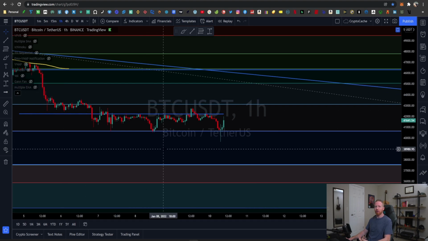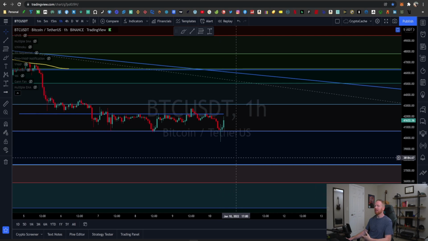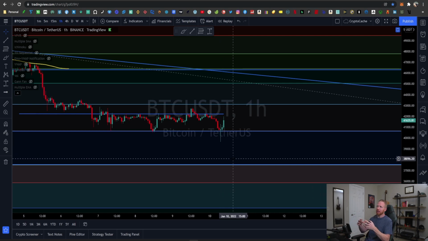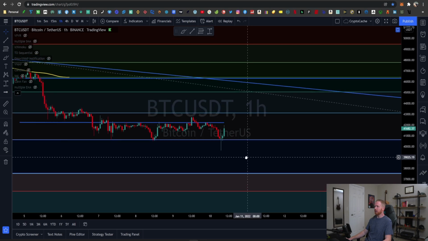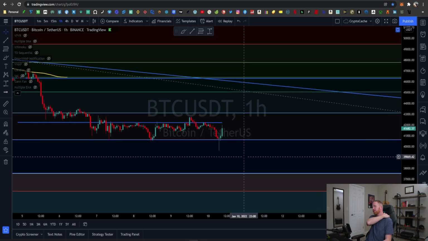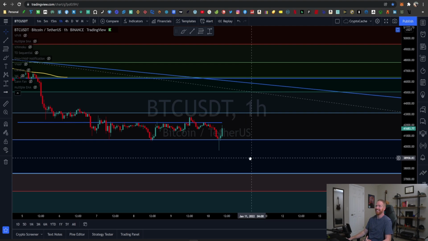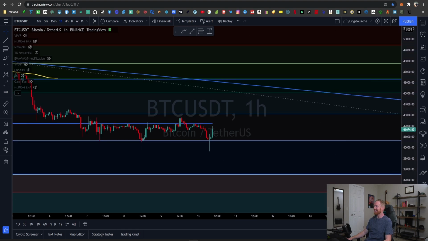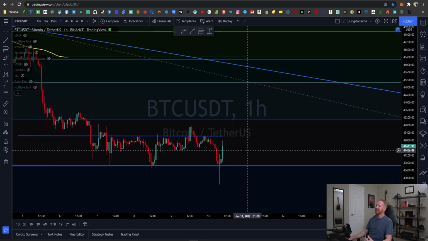So seeing that large volume spike right there, most people would say that that's advantageous, but in a bearish type of market where we have this extreme fear, uncertainty, and doubt, the likelihood of that coming down lower is still pretty high. Again, I've seen this happen quite a lot in traditional stock markets, and it's an unfortunate circumstance, but you kind of gotta just sit on the sidelines and wait for it to happen. It's just kind of like watching a train wreck. Just kind of got to watch and grab some popcorn. I don't know. Anyways, that's kind of where we're at there for the 1 hour in that regard.